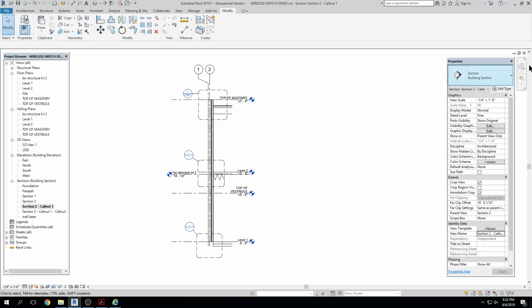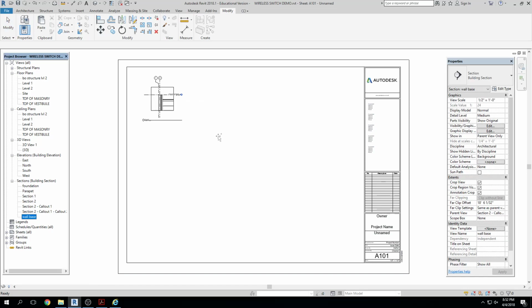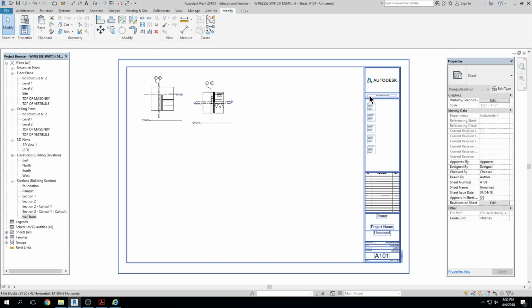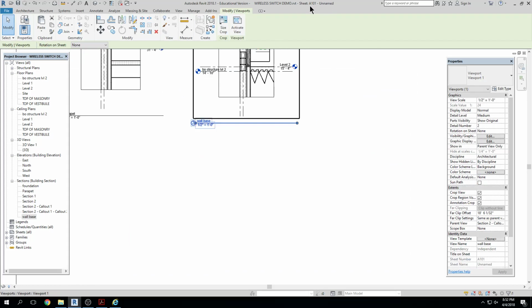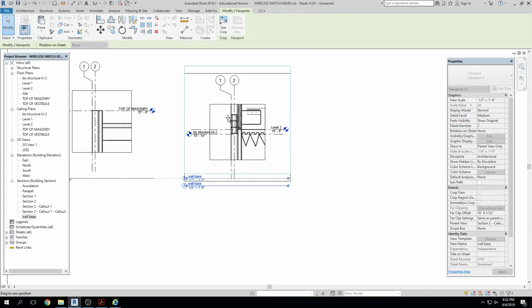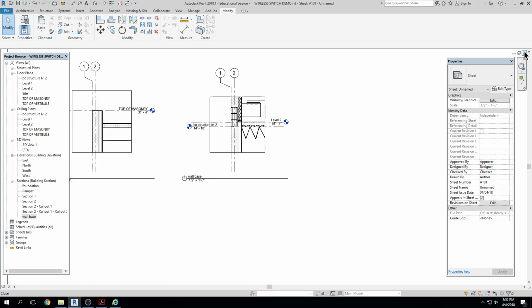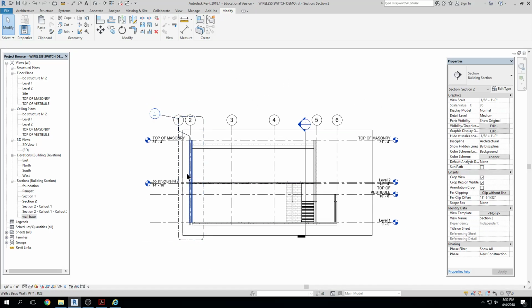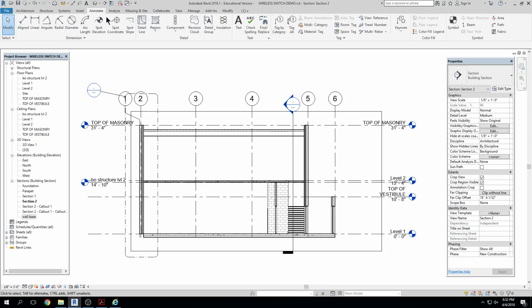So if I have this detail here, and that's my wall base, and I grab it and I pull it onto a sheet like this, right? And it has a designation. It's number 2 on AE 101, right? And then later on, I need to note this exact same detail. So if that detail looks like that right there, this one is likely going to be very similar, right? So if I want to note that again without having to draw it again, just referencing it, I can do that. If I go to annotate and I click on,